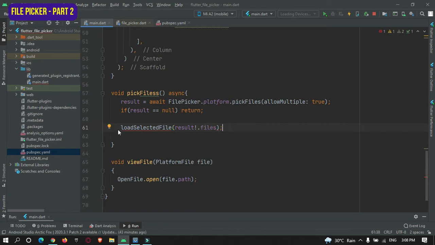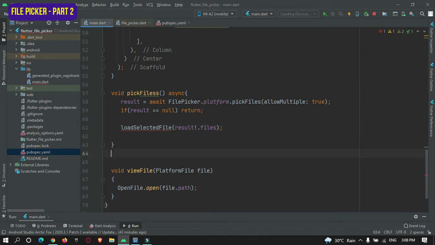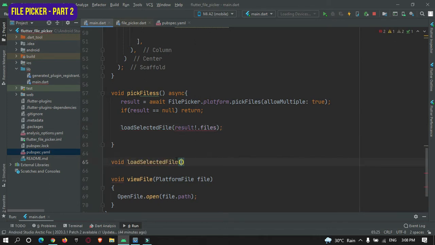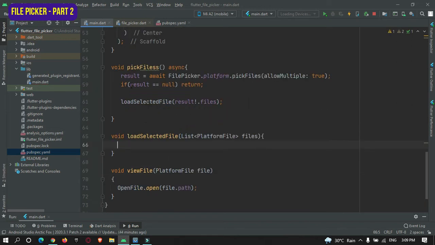Okay, so let's create this method over here. This method accepts a parameter that is platform files. So now the user will select the files from here, and when the user selects them, all the selected files will be passed to this method.